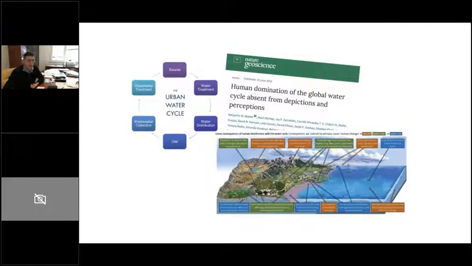But we should think the same for water, because if we think of the water cycle, it's clear that now, and this brilliant paper highlights that, we could not yet conceive the water cycle as a natural system, as we are teaching to our sons and daughters, a natural cycle,